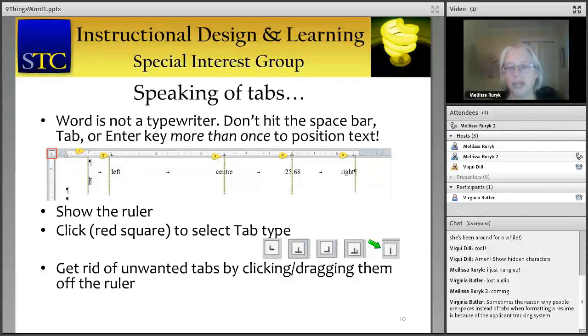Okay, and you can select a block of text to set the tab in the same spot for that whole block of text. It can be for your whole document, but it will stay in effect as long as you haven't changed your paragraph. So one of our attendees has pointed out that sometimes people use spaces instead of tabs when they format a resume